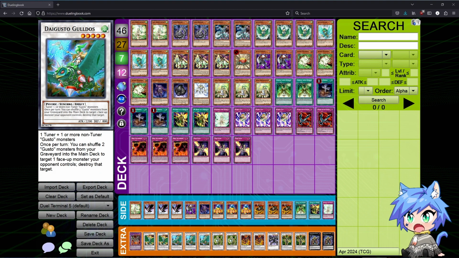1 tuner, one or more non-tuner Gusto monsters. Once per turn, you can shuffle 2 Gusto monsters from your graveyard into your main deck and then target 1 face-up monster your opponent controls and destroy the target. This card is significantly better than